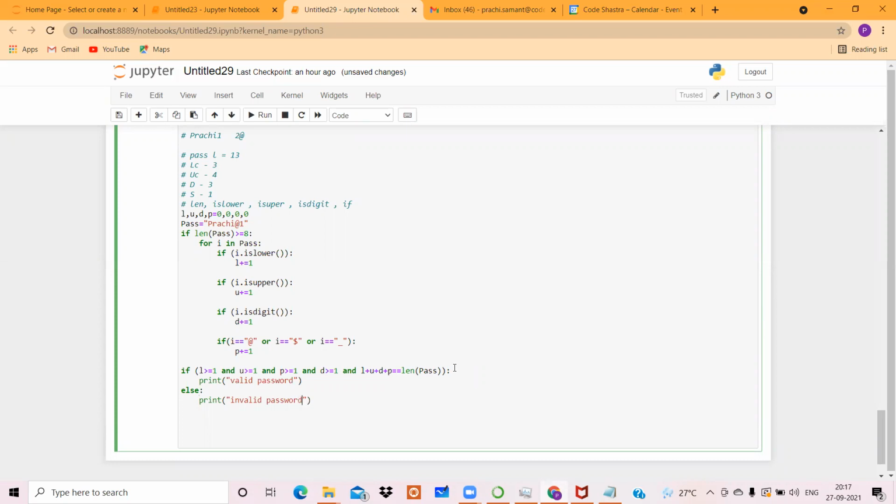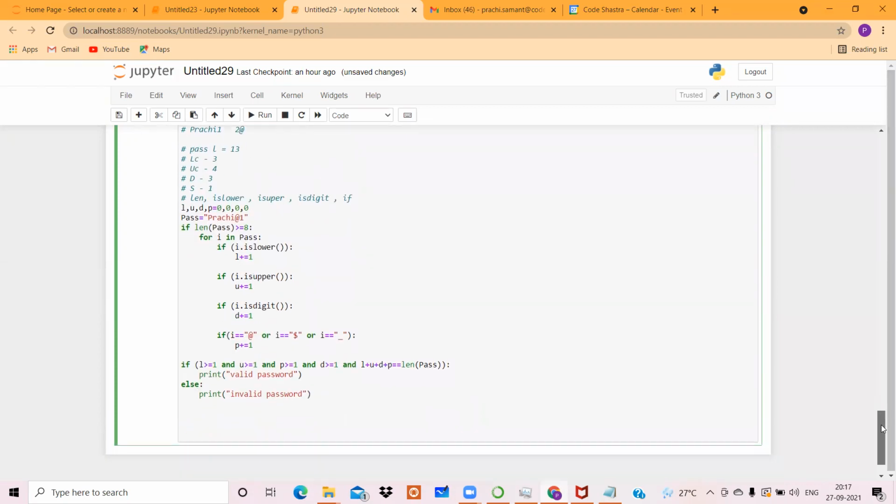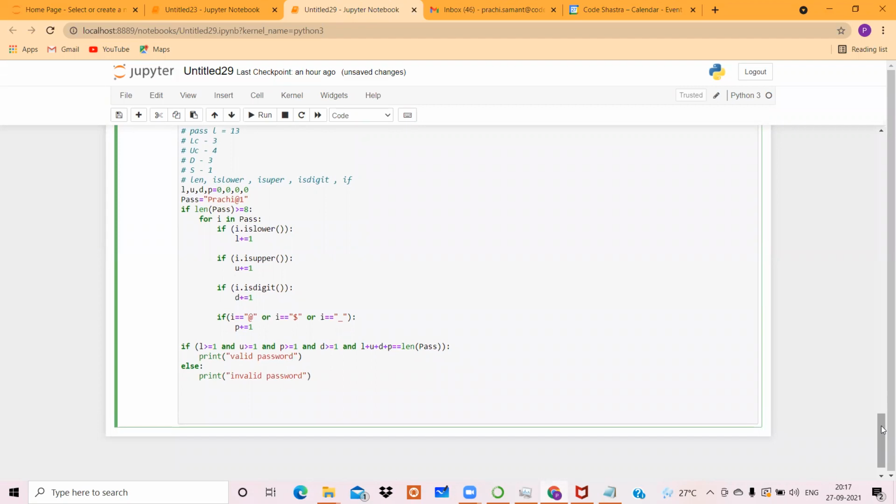Let us simply try running this. Can we make it as input also through input? Yes, definitely. First we'll check on this hard coded value and then definitely we'll work with the password. Password I mean user se lete hain.